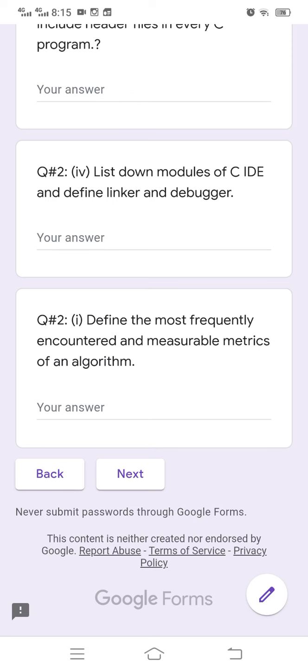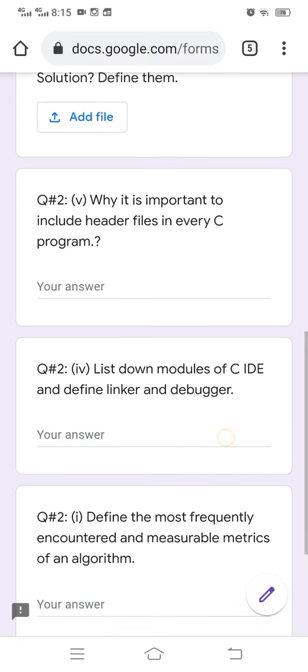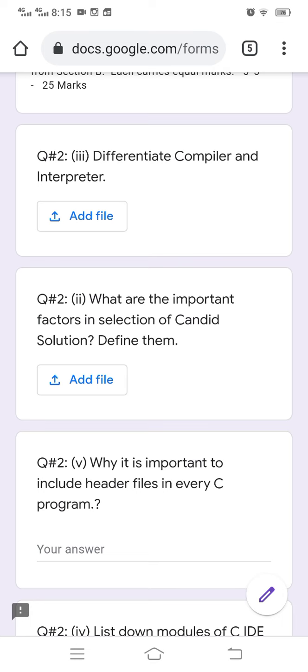So in this regard we have used another option to add the file. It means you will simply write down the answers on your answer sheet, and you will take a picture of that answer, and you will add that picture over here with this option. Clear? Like how? Question number